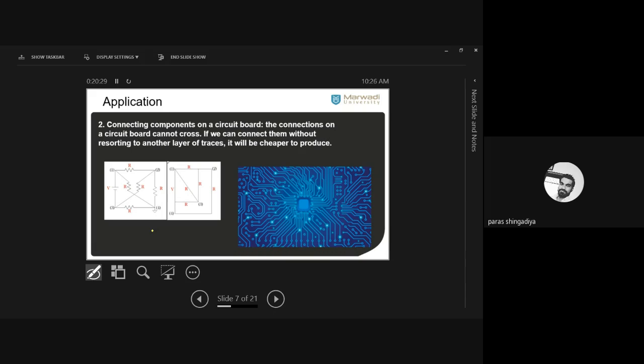Clear? So why is it required? If any two connections are crossed at any place, it will create some problem in the future. Clear? So you have to apply all these connections in one route so that no edge intersects, no two connections intersect. Why do we consider this route here? Why not consider this route? Clear? Otherwise it will create a cross between some more connections, another connection. Okay, so therefore this type of graph is required to make production cheaper, and it will be very safe for the circuit board also. Clear? So that is the planar graph concept. Okay, that is one of the examples.